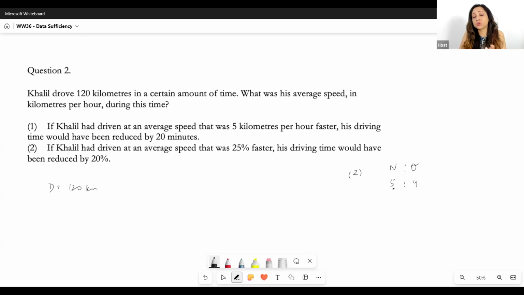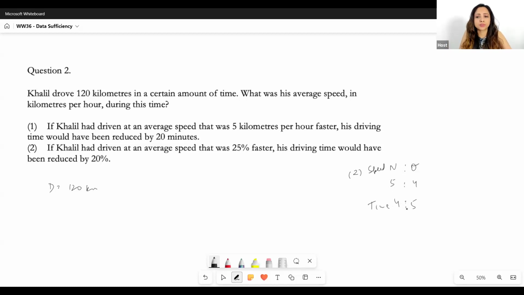Now, if the ratio of his speeds was 5:4, then the ratio of the time taken, new to old, is going to be 4:5. I know that because the distance traveled is the same. If the speed was 25% more, then the ratio was 5:4, and the ratio of time would have been the